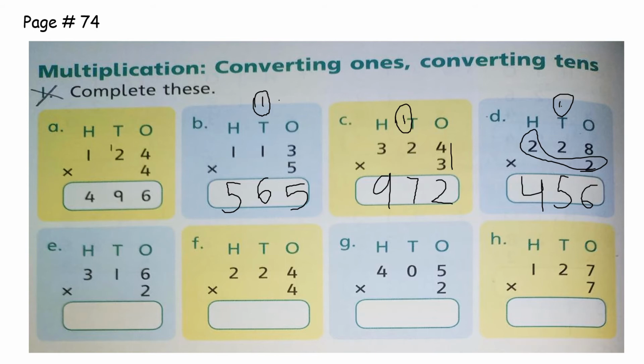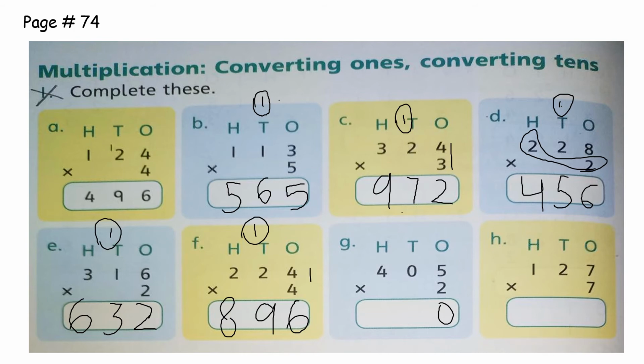Now the E part: first you will multiply 2 with 6. It's 12. Then 2 with 1, 2 ones are 2 and plus 1 is 3. Then 3 2s are 6. And here 4 4s are 16. 4 2s are 8 plus 1, 9, and 4 2s are 8. 5 2s are 10. Okay, what is 2 zeros are 0? 2 zeros are 0 because I have told you that whenever we multiply any number with 0, the answer is always 0.